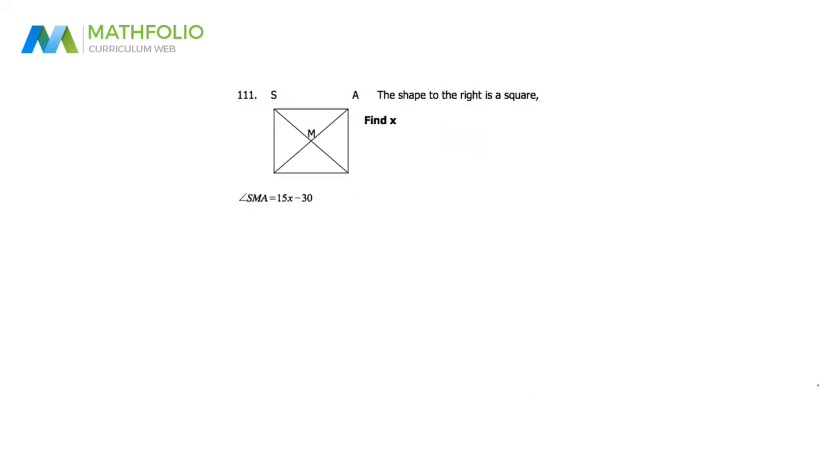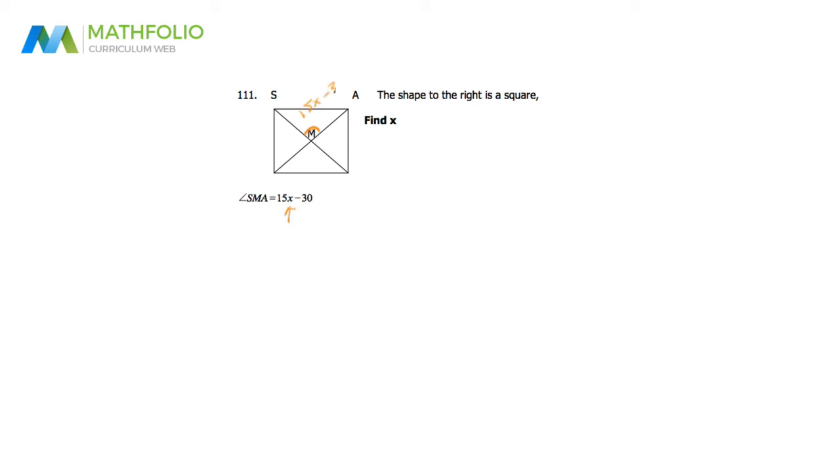All right, 111 tells us that this is a square and it wants x. Well, let's take a look. X is trapped here right now, and we're told a statement: the measure of angle SMA. So S to M to A is right here, this angle right here. And we're told this equals